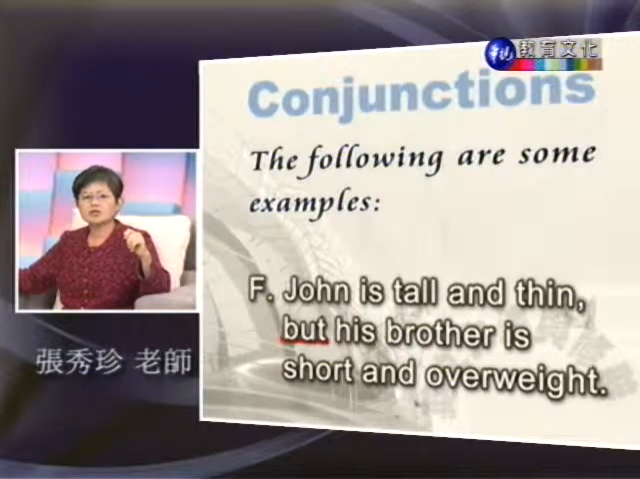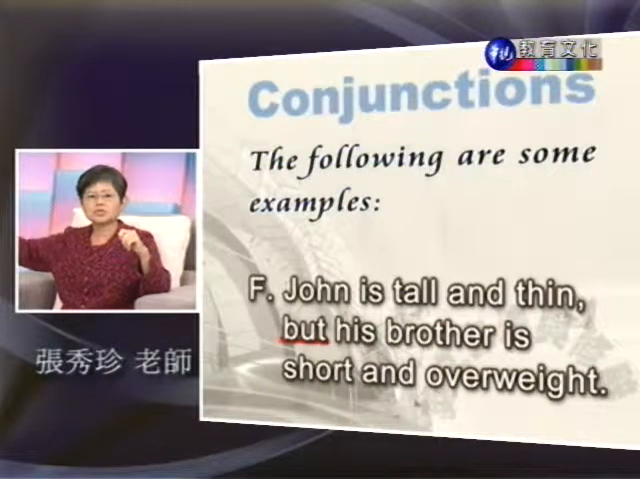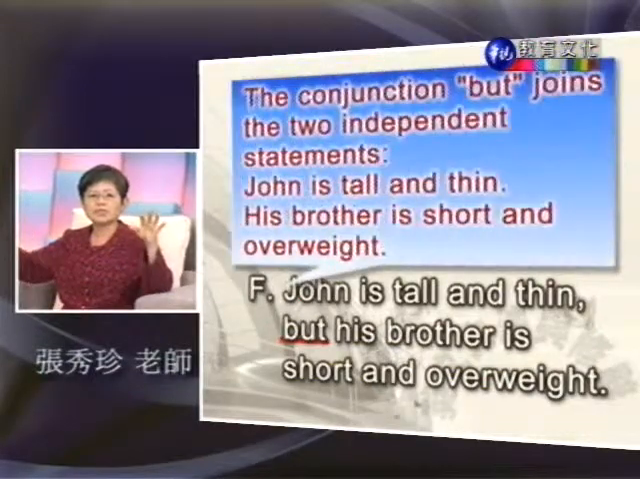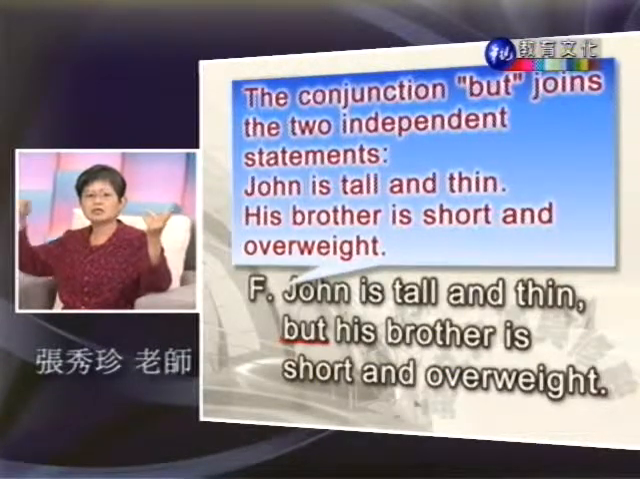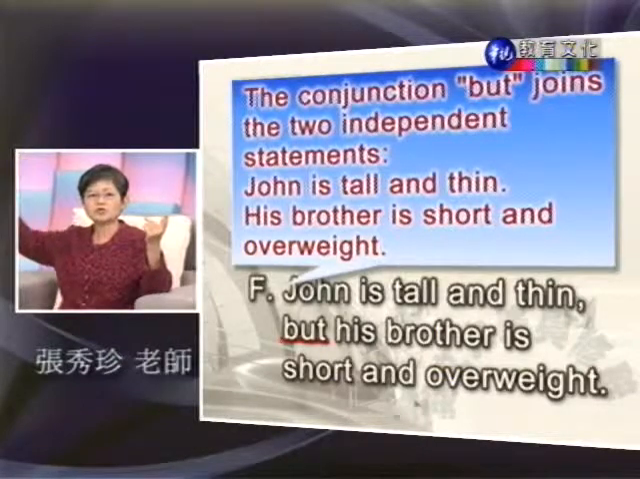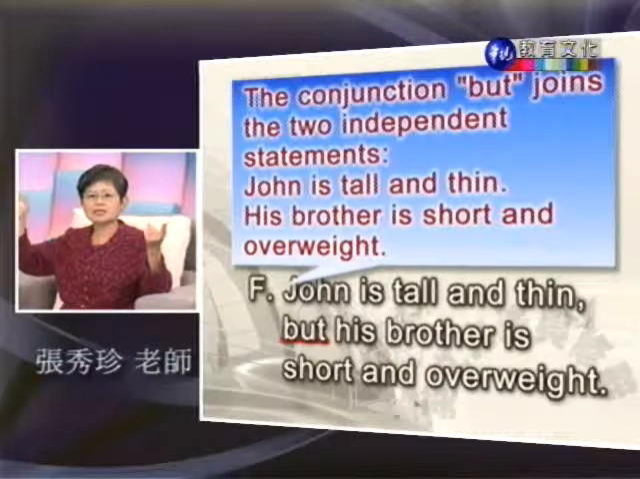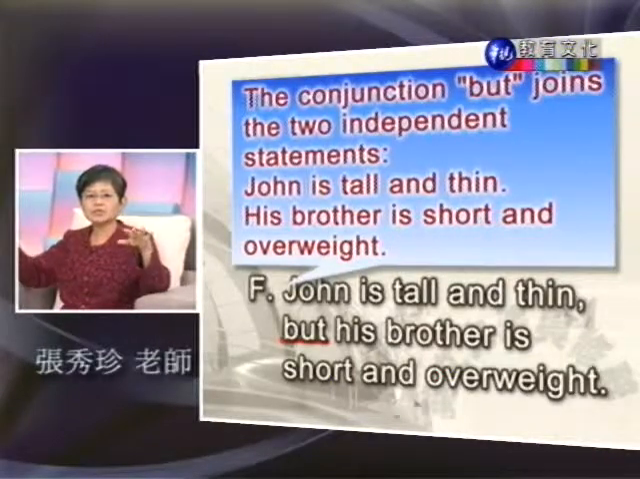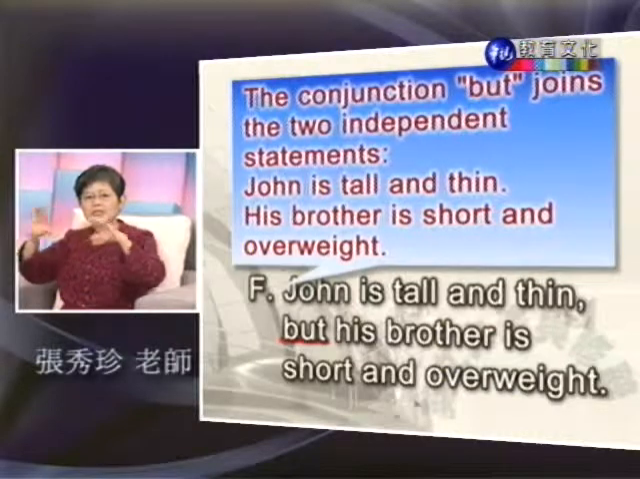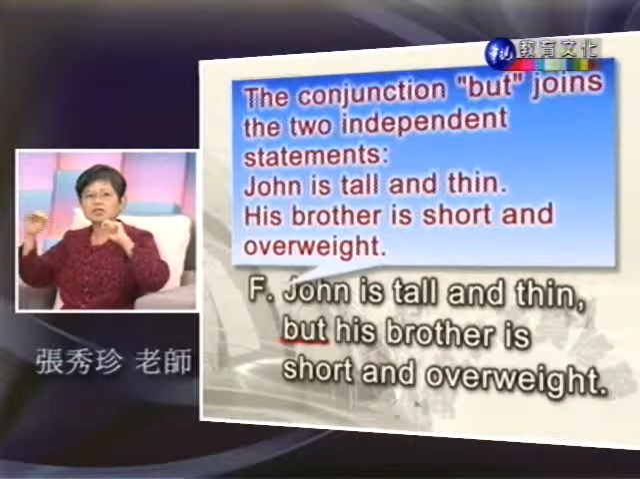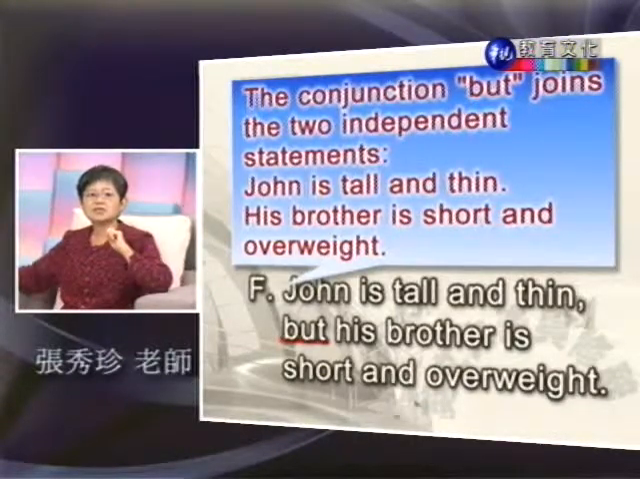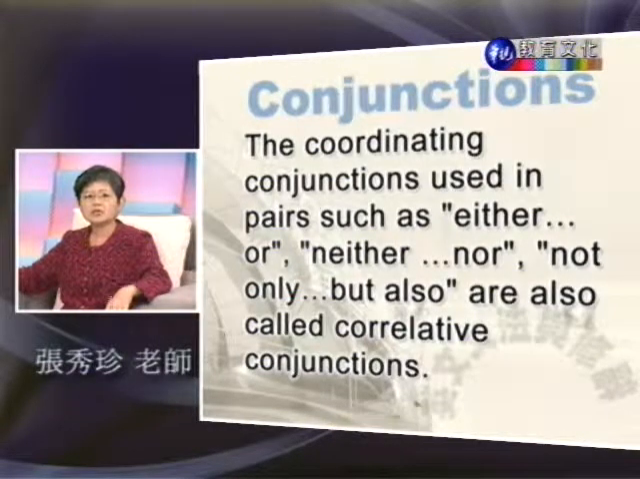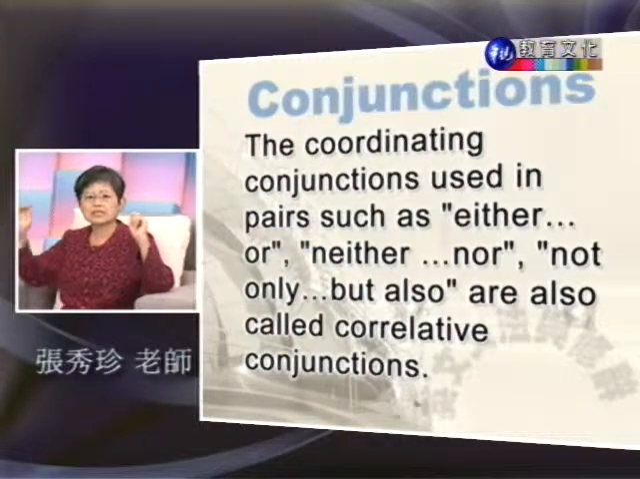下面这个句子 John is tall and thin, but his brother is short and overweight。约翰高高瘦瘦的，可是他的兄弟又矮又胖，short 是矮，overweight 是胖。这边是做一个对比，but 这个连接词连接两个 independent statement，两个独立的句子。第一个是 John is tall and thin，另外一个是 His brother is short and overweight。那我们要怎么把这两个独立句子连接成一个比较长、比较复杂的句子，显得同学写作能力蛮高深呢？这时候我们就用 but。好，下面是 coordinating conjunctions used in pairs，就是一对一对使用的对等连接词。